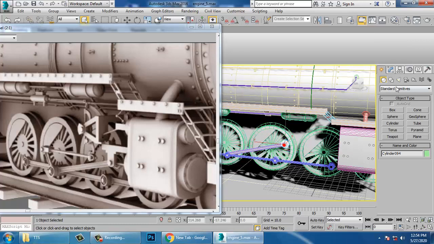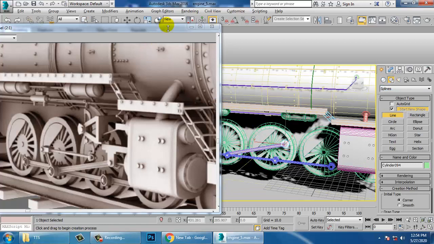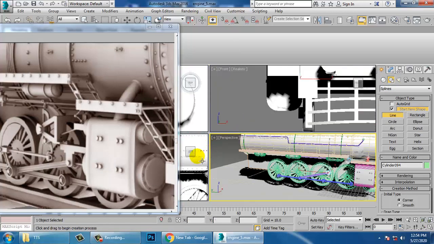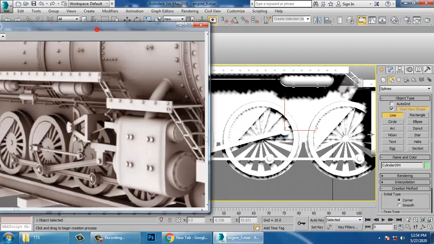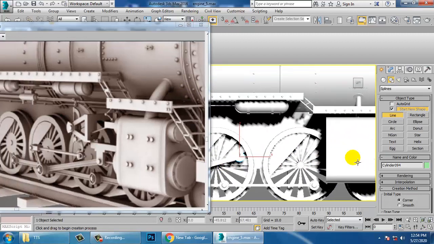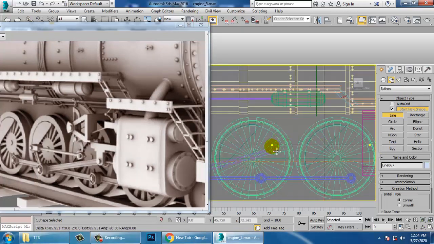So let's go into the side view. After going into the side view, let us create something. Let us make one shape over here.